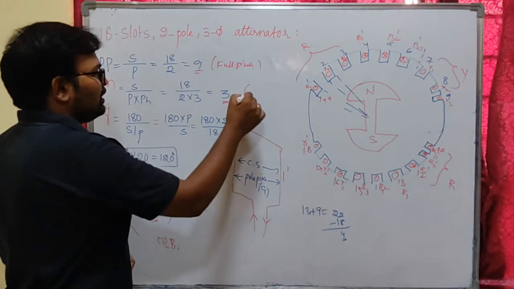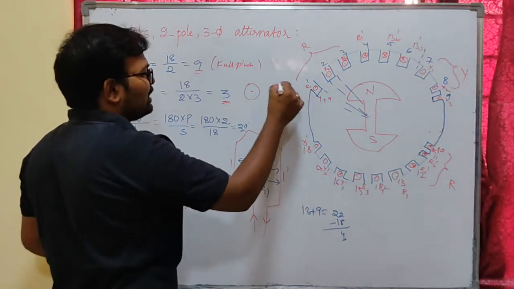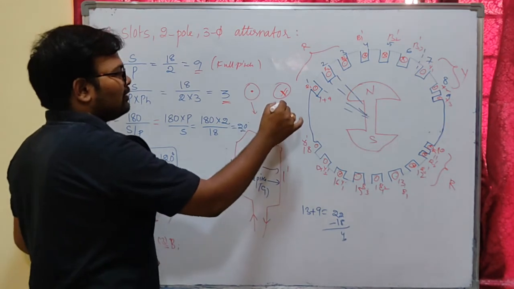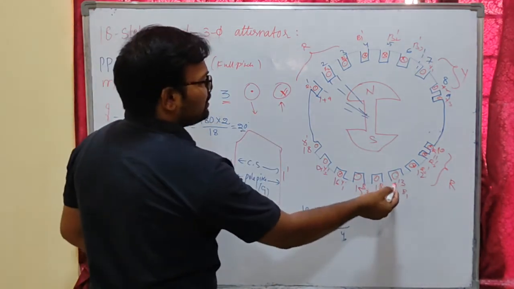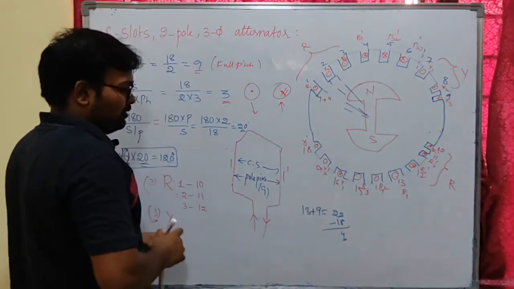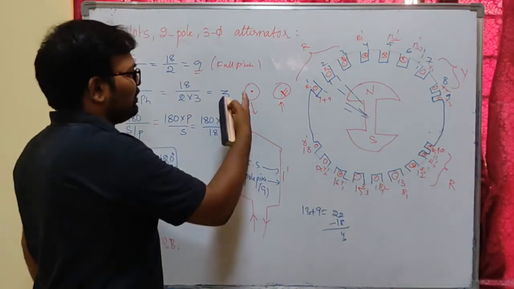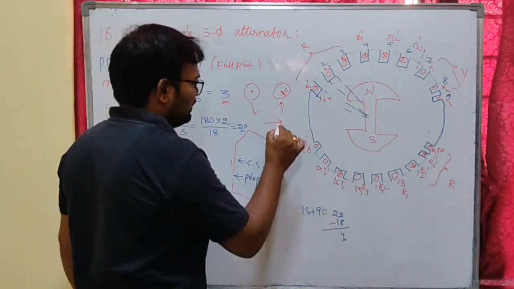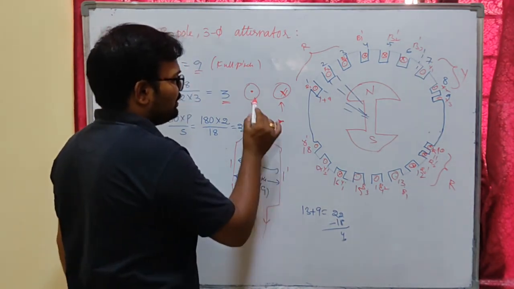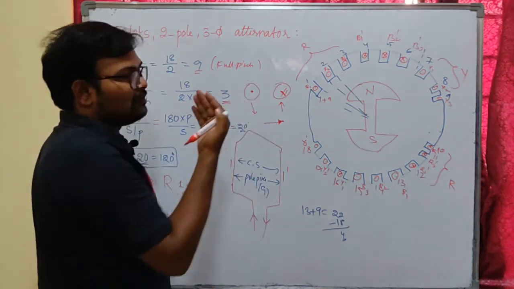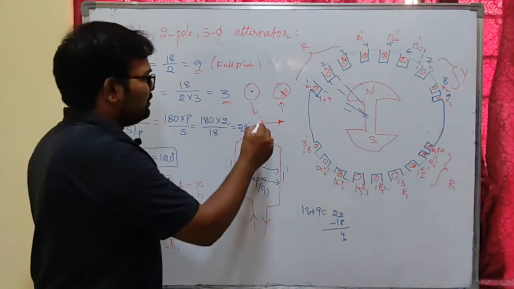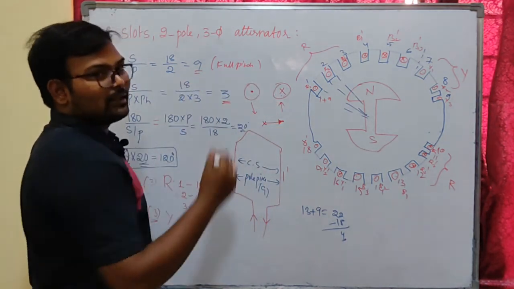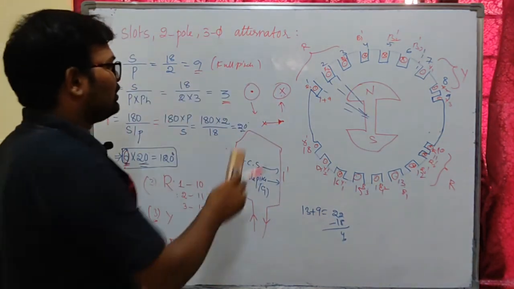Okay, you can see the symbols: this is a conductor with current coming out of the plane, and this is current going into the plane. It means if this is out, the opposite will be in. If the current is shown as a dot, that means current coming out of the plane, towards us. And if it is a cross, that means current going into the plane, away from us. These two are the symbols.